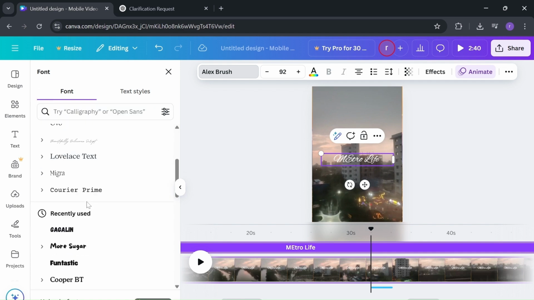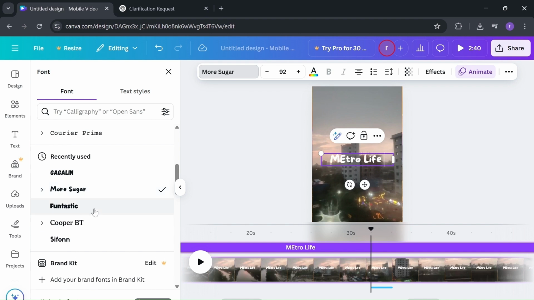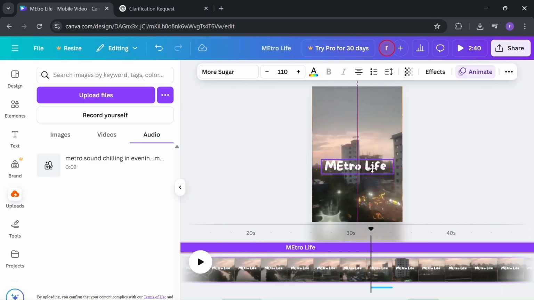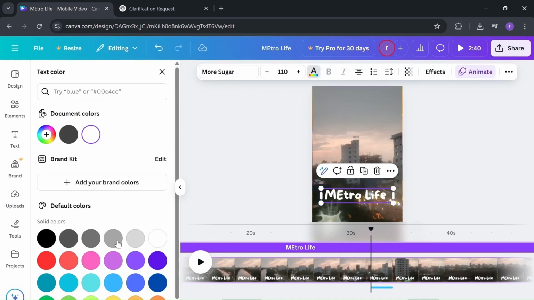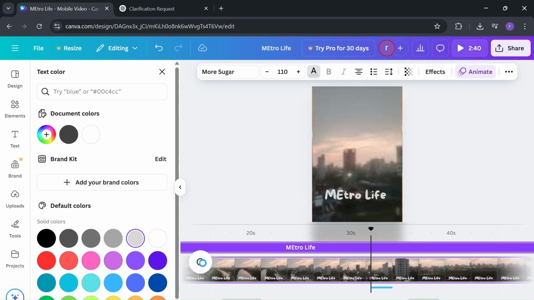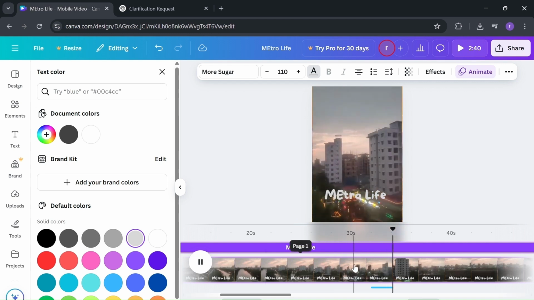Let's choose another one, more sugar, like this. It's looking good. I'll just add some there. I can also change the font color like this. This, this. I will make it brighter, so it will look better by that. And if I play this,